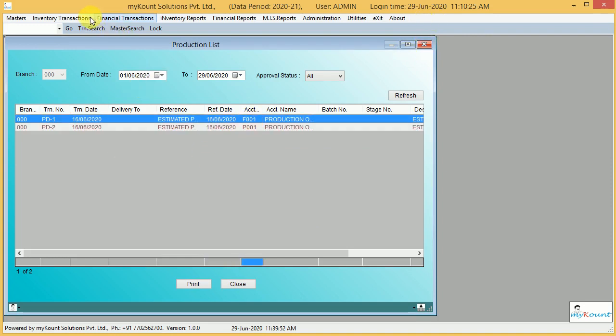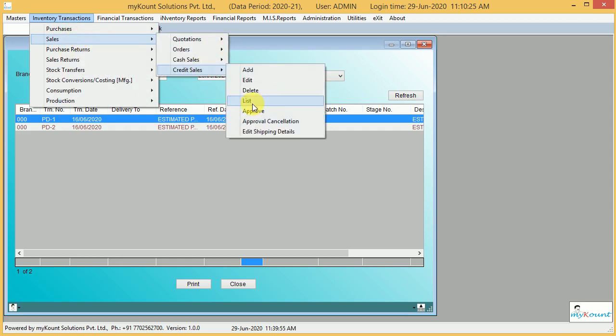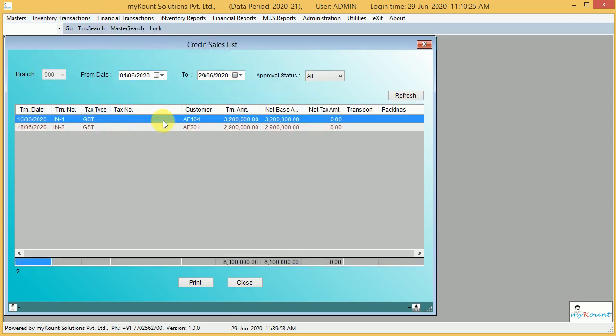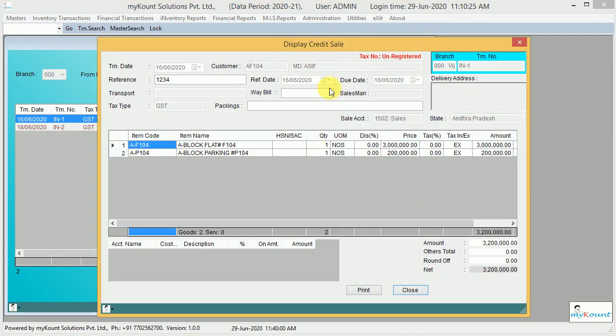Here assume that some flats have been sold. You see here, I made an invoice for one flat sale, that is AF104. This is for flat, this is for parking area. When we are creating the customer code, if we make the customer code and item code the same, then it is easy for tracking customer and flat. Here flat is an item.